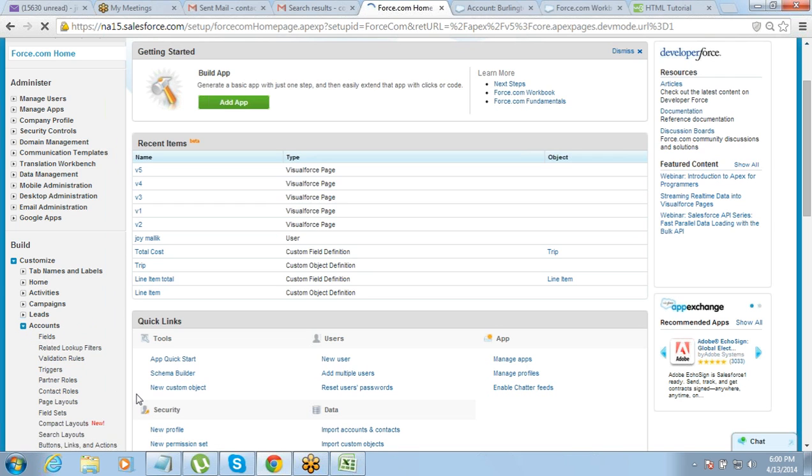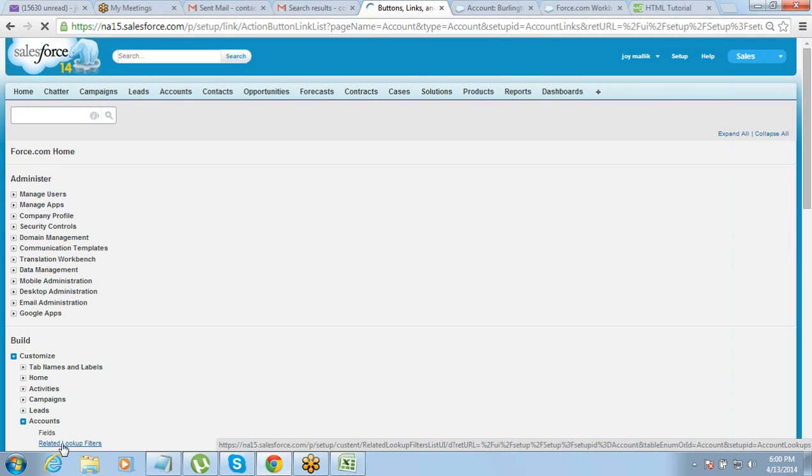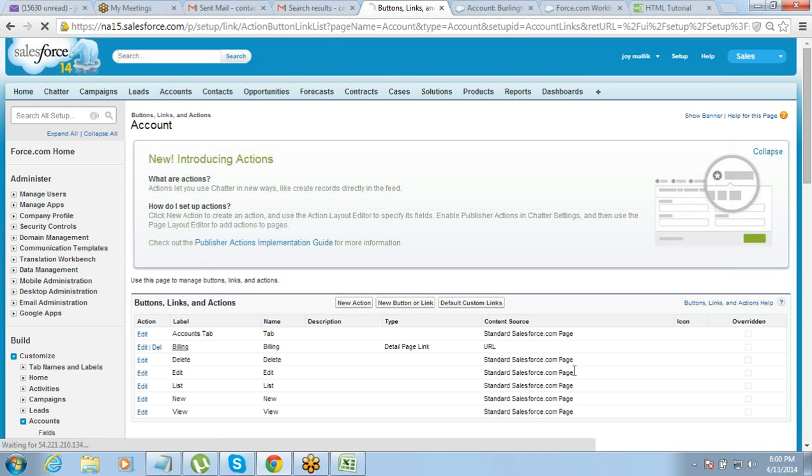Under accounts, go to buttons, links and actions. So this is for account, that is the reason why we are going to account. If it is for opportunity, then you should go to opportunity. So go to setup, customize, accounts, buttons, links and actions. Click on that. And from there,